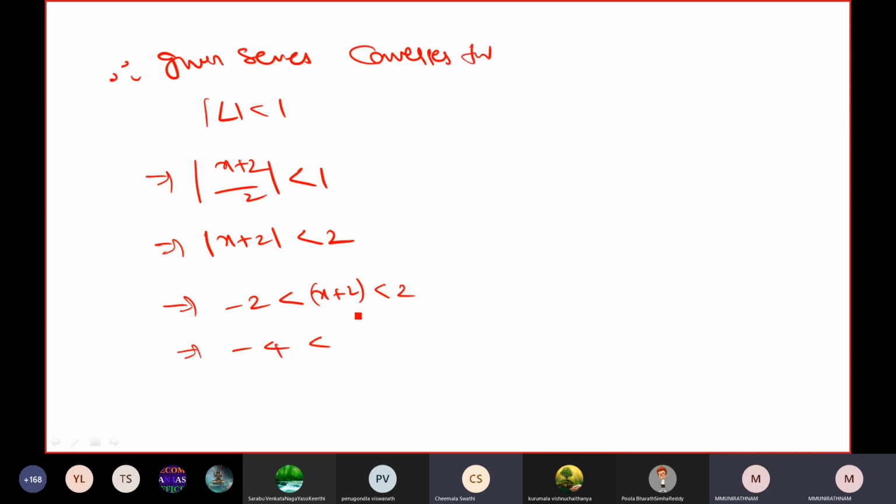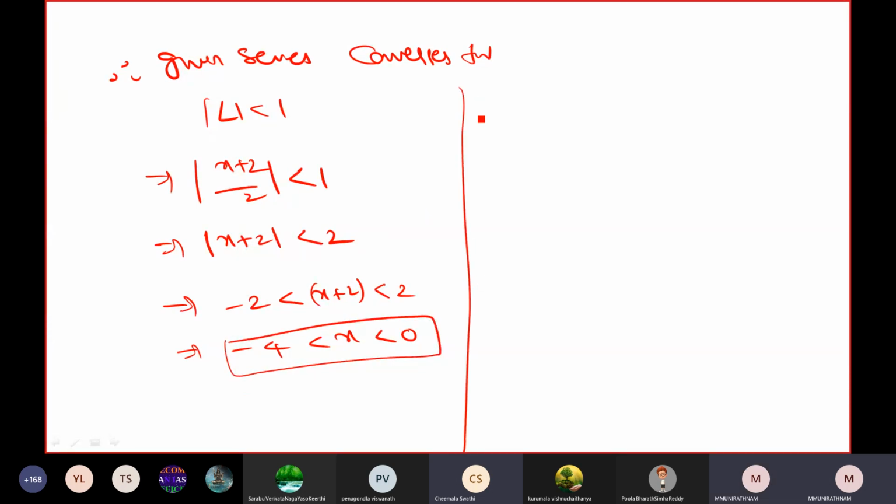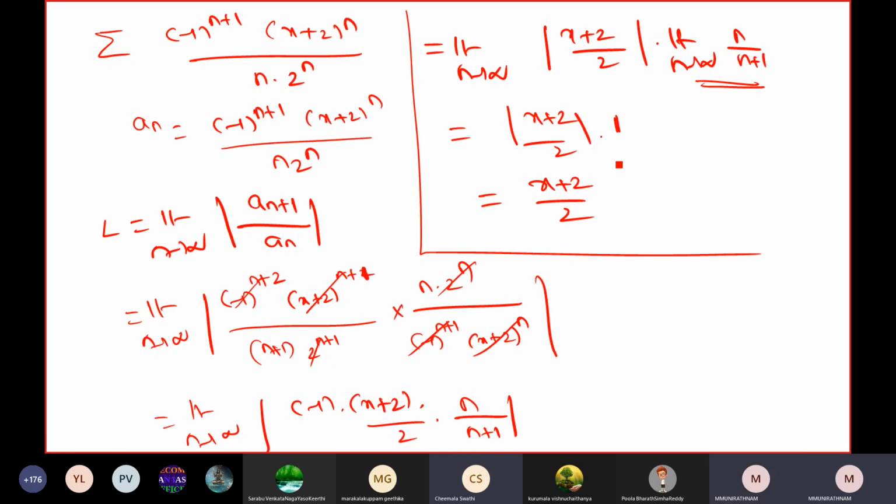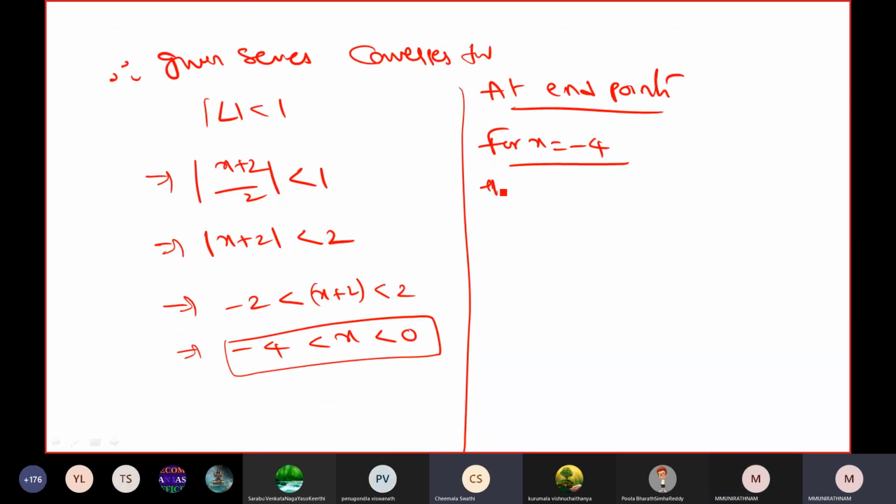Subtract 2, this will be minus 4 less than x less than 0. Now what endpoints do we have to verify? At the endpoints we have to verify. For x equal to minus 4, the given series will be